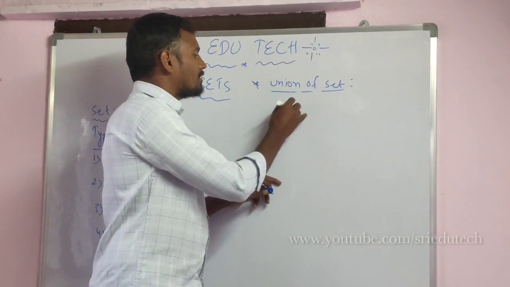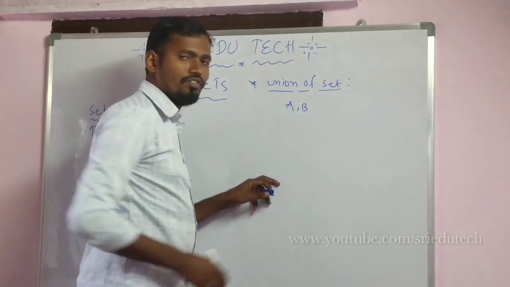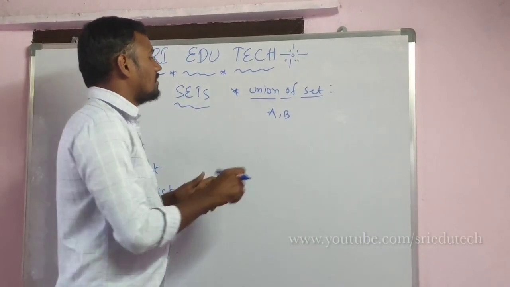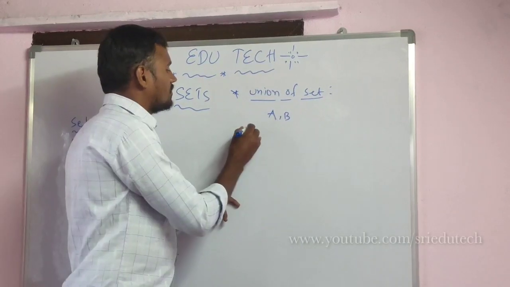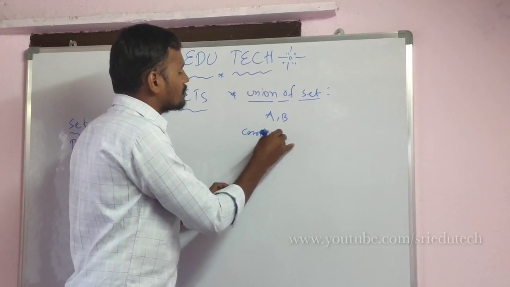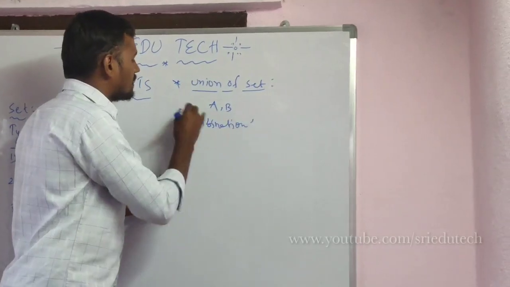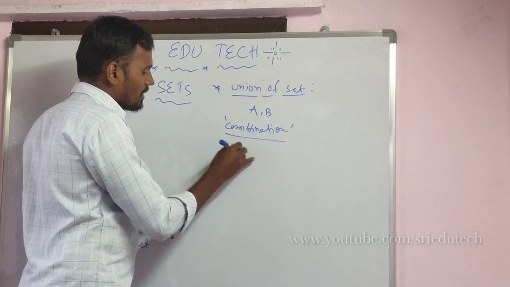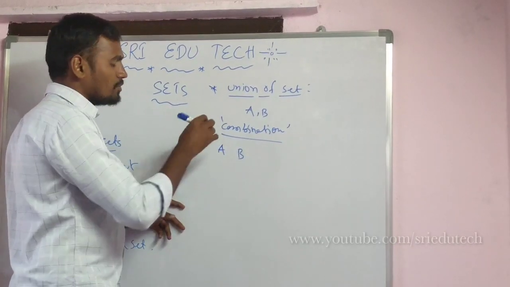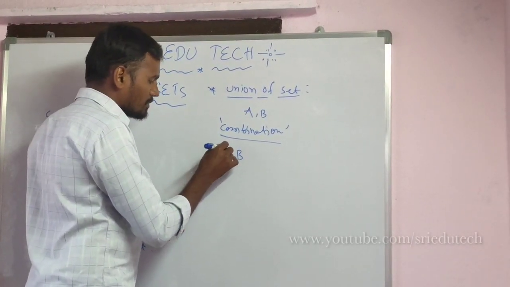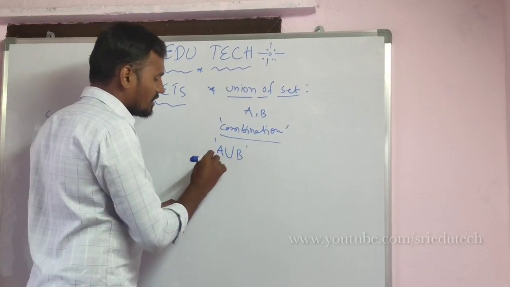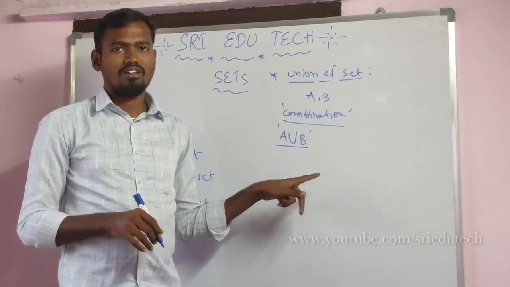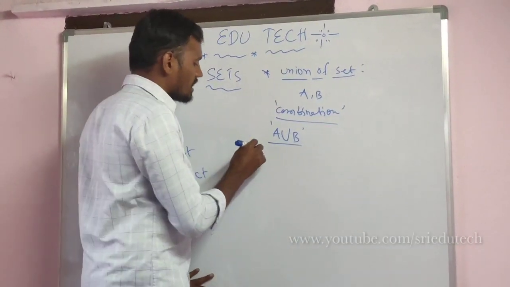If A, B are two sets, then the union of sets is the combination of two sets. The combination of two sets belongs to the union of sets. So suppose A, B are two sets, then I am doing union, so keep the union symbol in between them, and this set is called A union B or A cup B. Now I am taking an example on this topic.